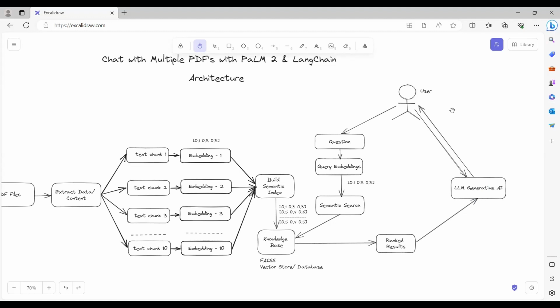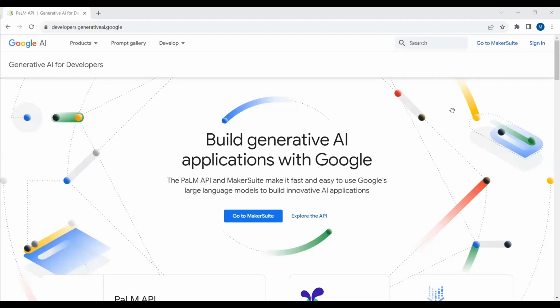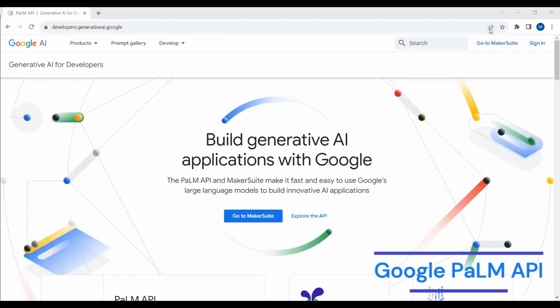Let's move towards the code part. Before we go ahead, let me show you how you can get your own Google PaLM API key. The Google PaLM API key is available under Google's MakerSuite. You just need to go to the website